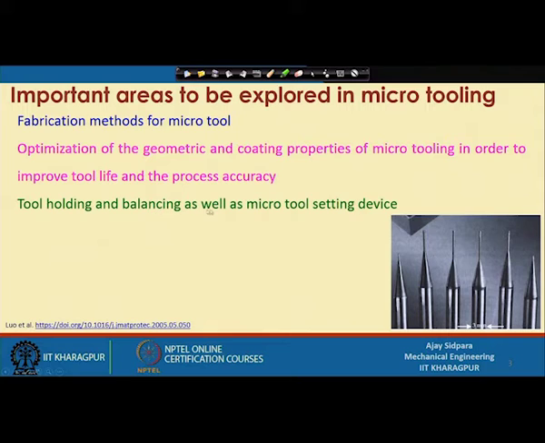Tool holding and balancing as well as micro tool setting devices. Holding is another issue, because the tool run out plays a very important role in the micro machining domain, since even a small amount of run out will quickly break your cutting tool, even without doing any machining operation, right at the start.